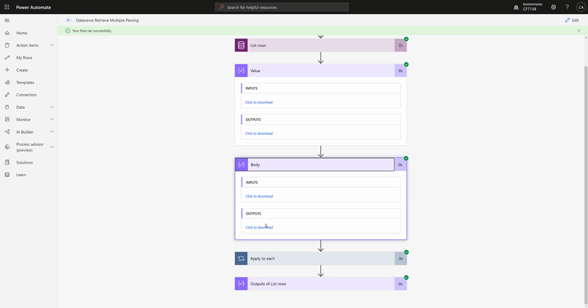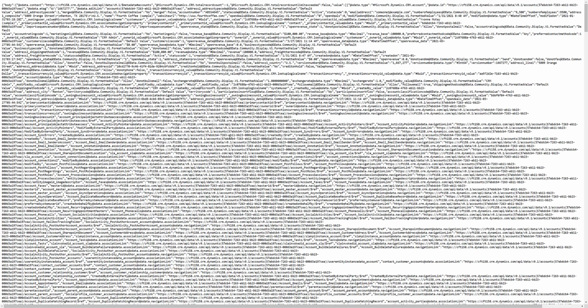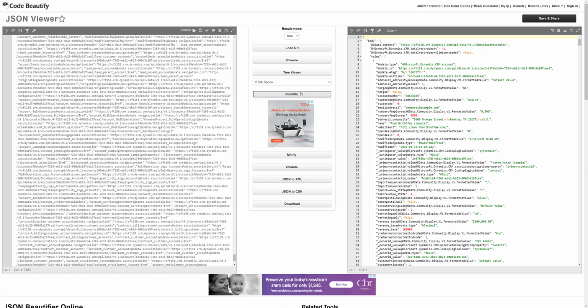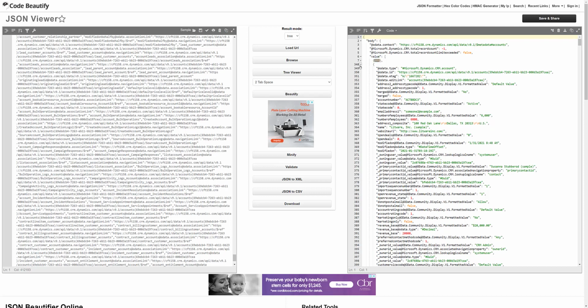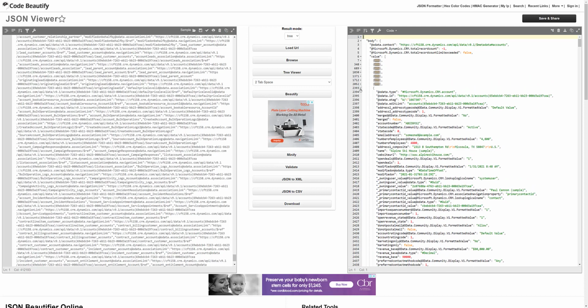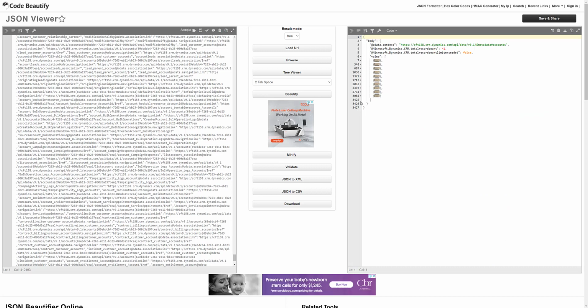Next we will look at what outputs does body give us. Again I'll click the outputs, copy the entire thing, open up a new JSON beautifier and paste it. Now when I click on beautify, it gives me the same structure, but additionally it does give me some more information like the context, total record count, and whether the count limit was exceeded or not. So from the value, which is the array of all the records, if I just keep closing all the records, these should be the 10 different account records which we chose to retrieve. So that's what body gives you.